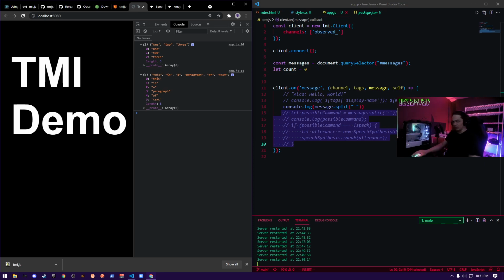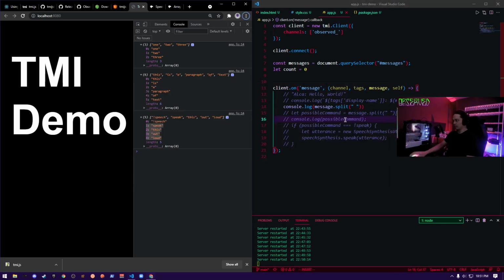But what I want to do is look for speech or speak, whatever it was, speak, and then take this one out and rejoin the rest back with spaces and then speak the rest of the chat message out loud.